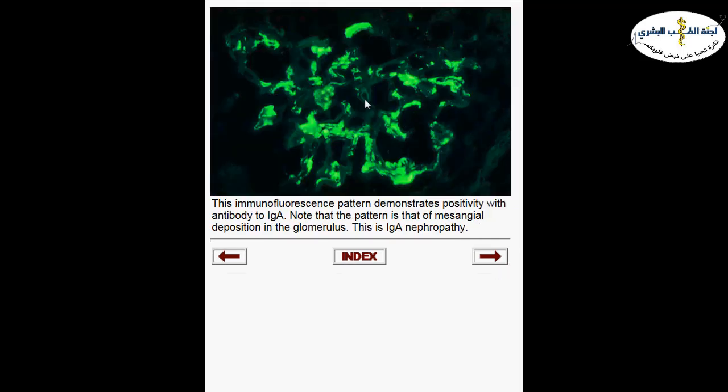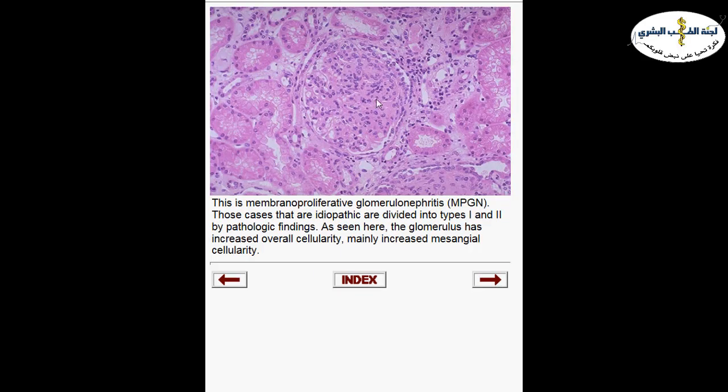Now we can confirm the presence of IgA by doing immunofluorescence for IgA. Okay, so this is immunofluorescence. This is antibody for IgA, and here we can see the mesangial positivity. We don't see membranous positivity. Actually, the membranes here are negative. The capillary loops are negative. The positivity is only seen within the mesangial, and it's of granular bright green positivity. Okay, so this confirms that IgA nephropathy is the cause for nephritic syndrome in this patient.